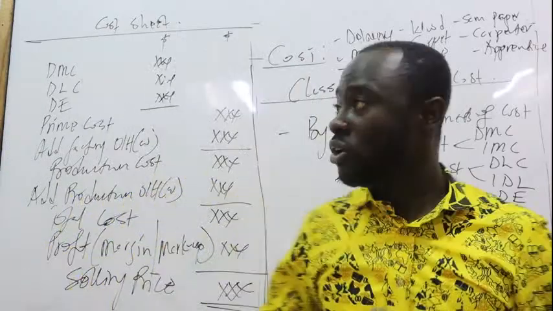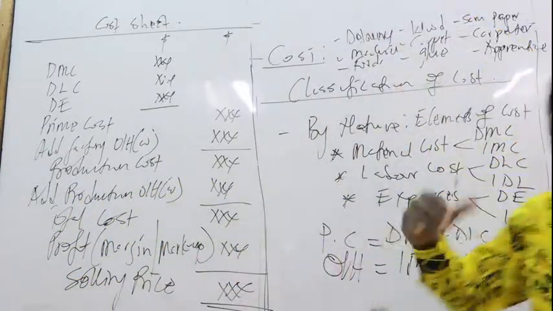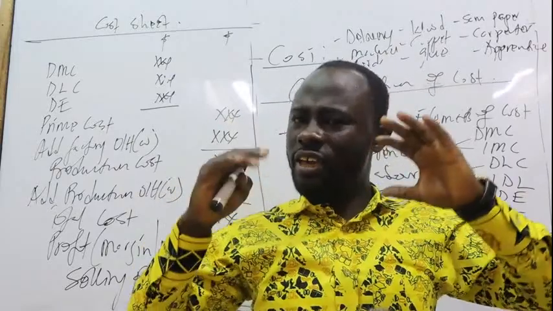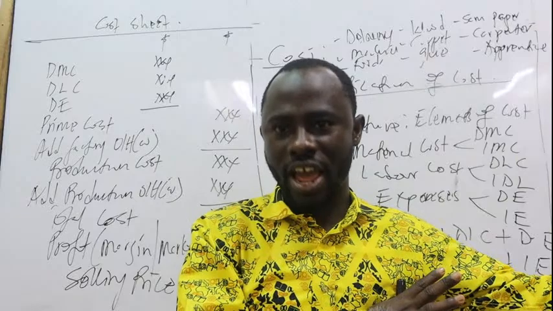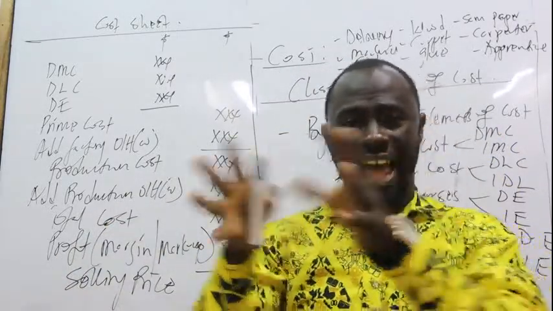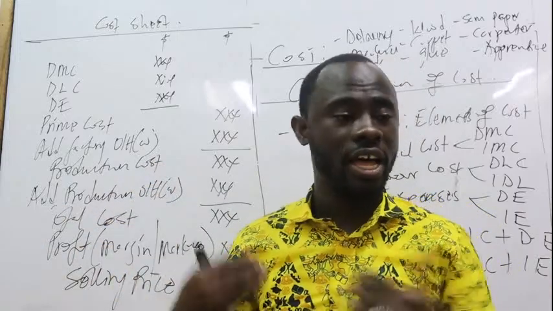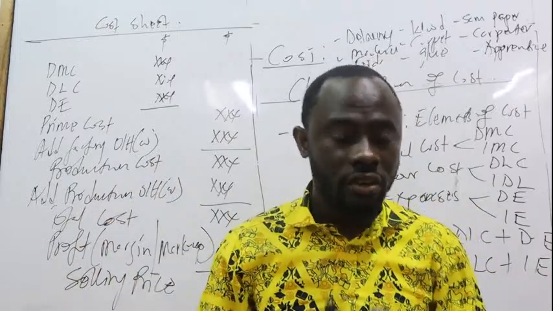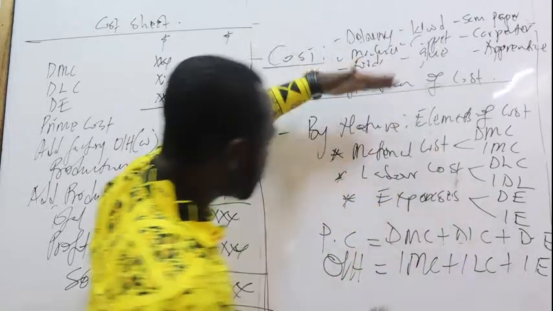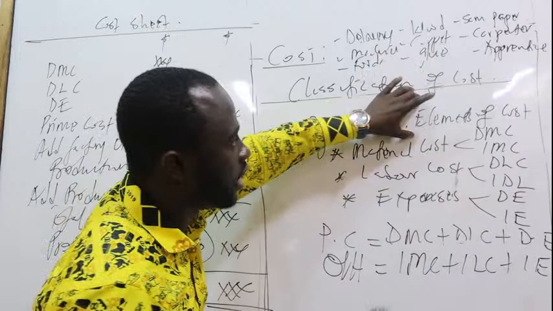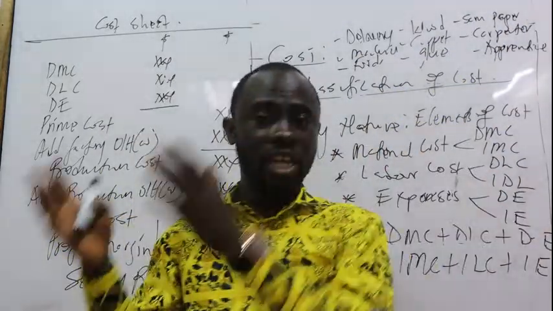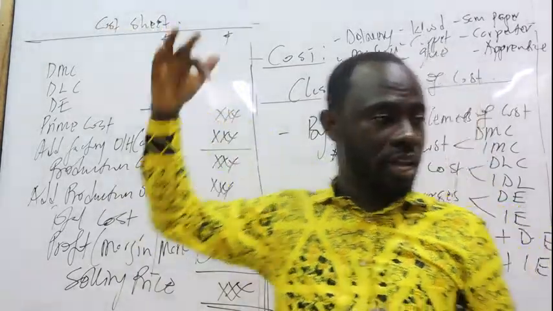Right, so that is the classification of cost according to nature. Nature. You see, just one thing, all right? And this is how we break all of them down. And that is how these things are knitted and weaved together in order for you to actually increase your chances of ultimately understanding it. So classification, of course, according to nature, we got to break down there and you see what direct is and what indirect are and how we can prepare the cost sheet.